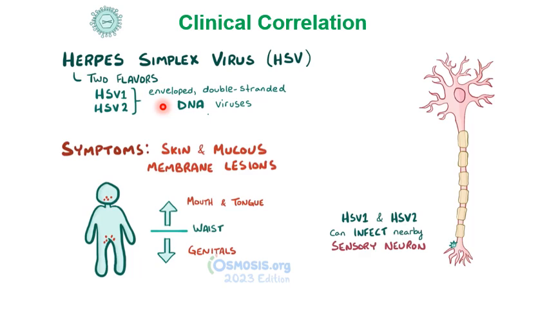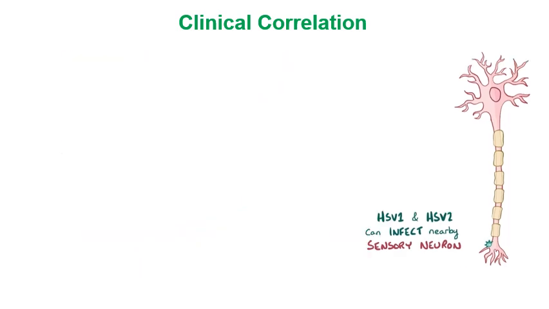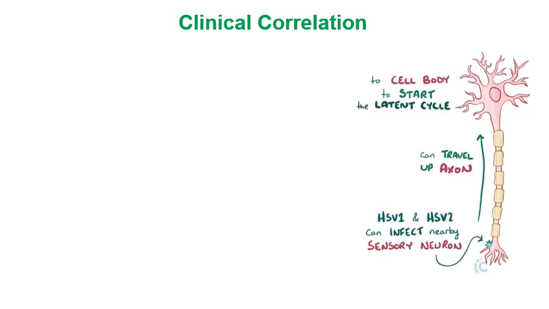Those viruses are going to affect and infect sensory neurons, okay? So let's see how that happens over here. You're going to have infection of a sensory neuron. The virus is going to travel through the axon, get to the cell body, and the virus is going to penetrate the nucleus, okay, the DNA of the virus, and is going to be incorporated into your